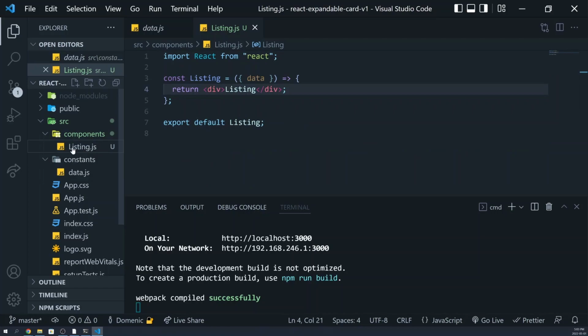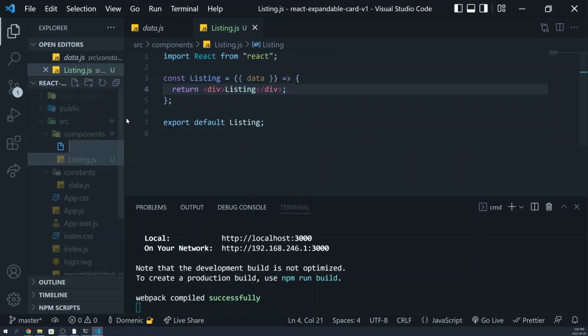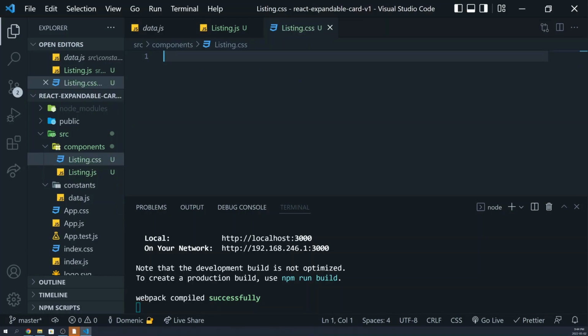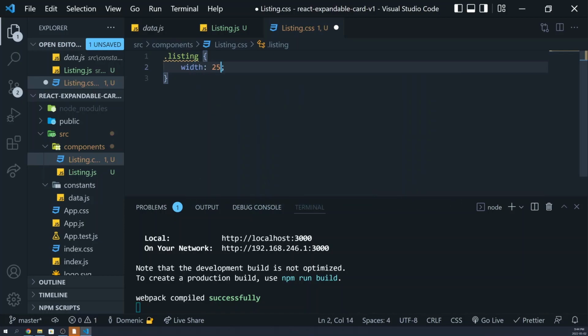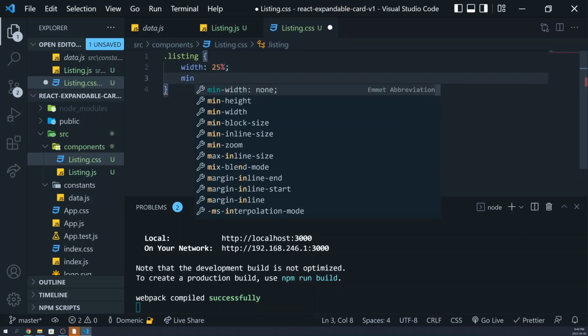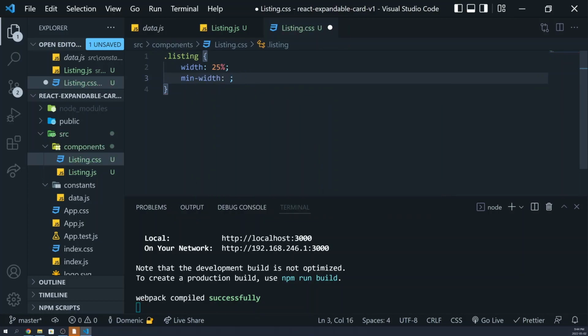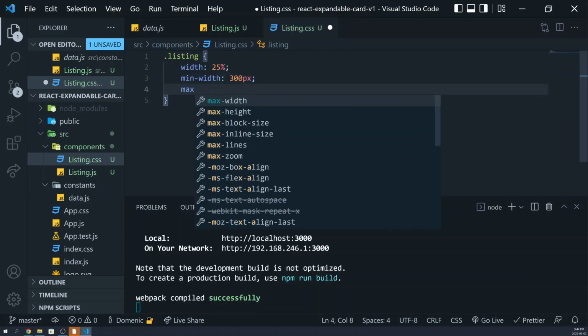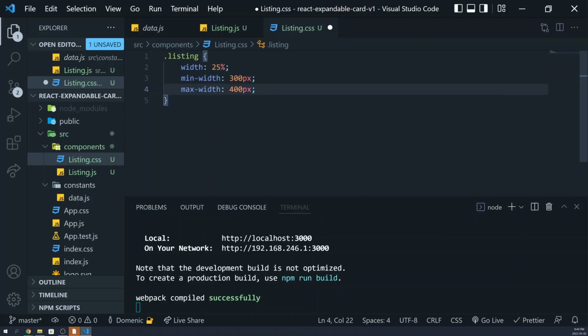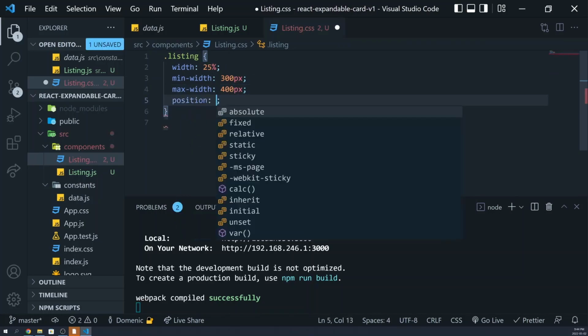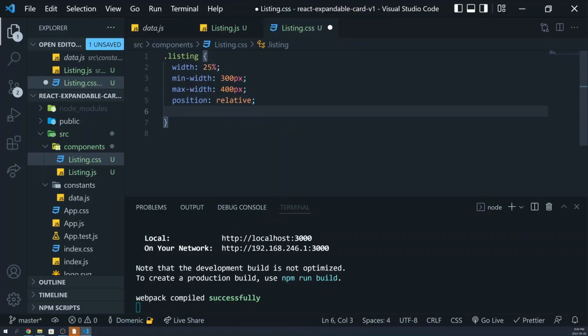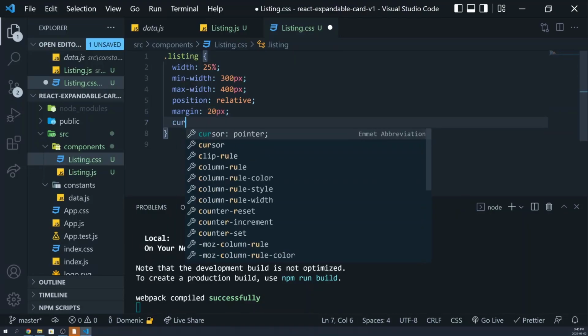Next, let's add some styling to this listing. Add a file called listing.css. I'll start by making a listing class, and in here we'll apply some styles like width 25%, min-width of, let's say, 300 pixels, a max-width of 400 pixels, and then we can apply some other styling like position. I'll give this relative. Next, I'll have a margin of 20 pixels, a cursor of pointer,